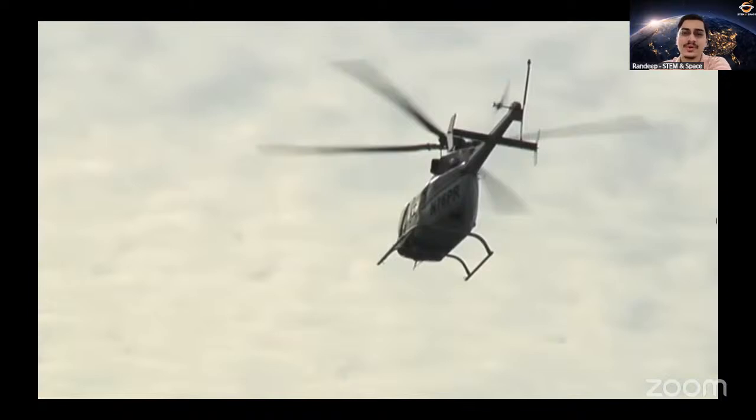Do let me know if you are aware of how a helicopter is actually able to fly out of any kind of land where it is present. For example, if you look at an aeroplane, then an airplane actually requires a very long strip of road, which we call a runway.